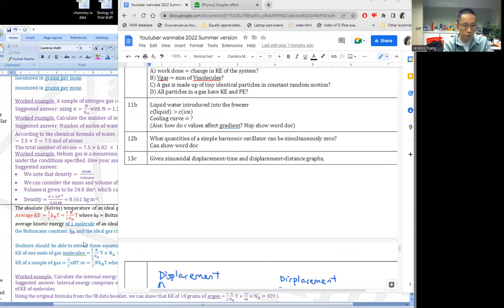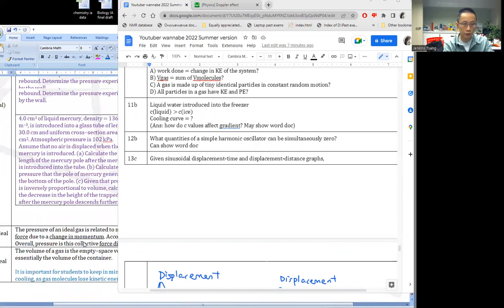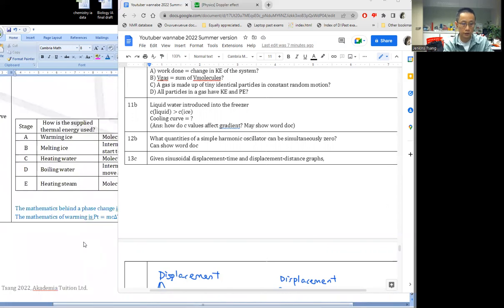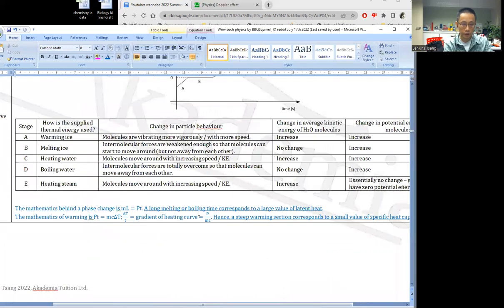What you are meant to recognize is that the smaller the specific heat capacity, the steeper the cooling curve. The mathematics is fairly straightforward. P for power and t for time, so Pt represents the energy given to or extracted from the system. By rearranging Pt equals mc delta T,